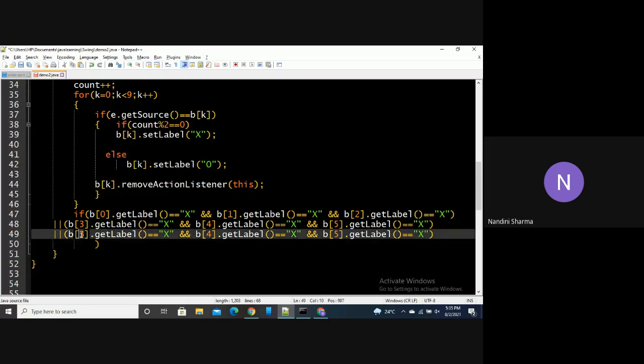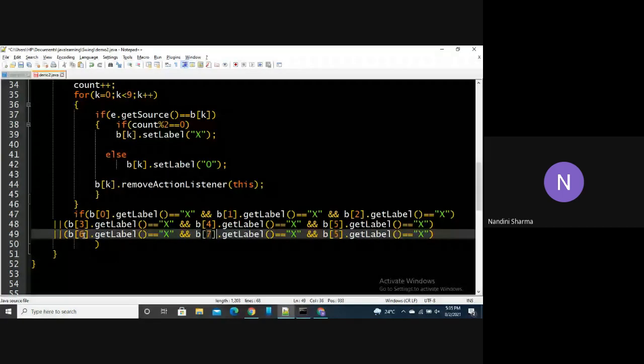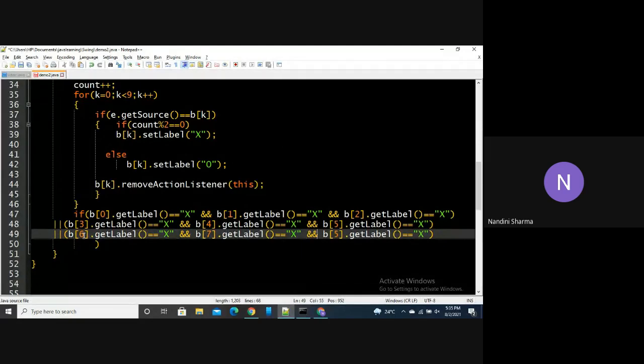Now we have come to the third row. Third row has got button number 6, 7, and 8. This was all about the rows.